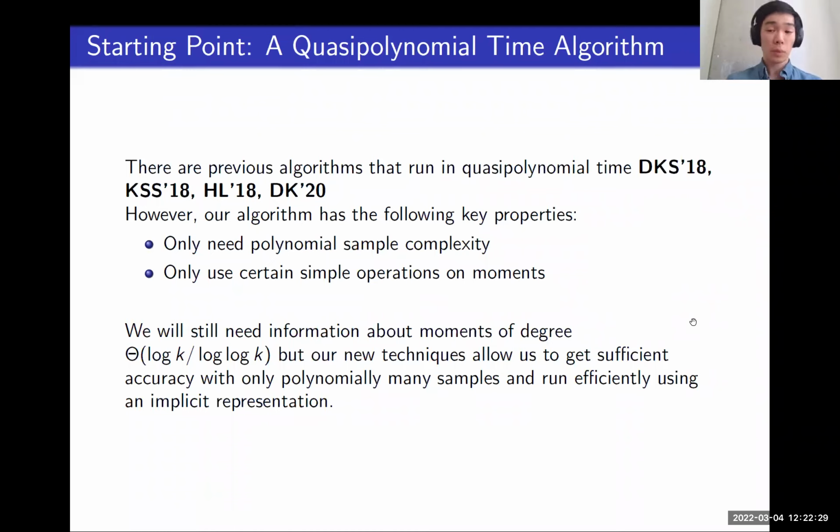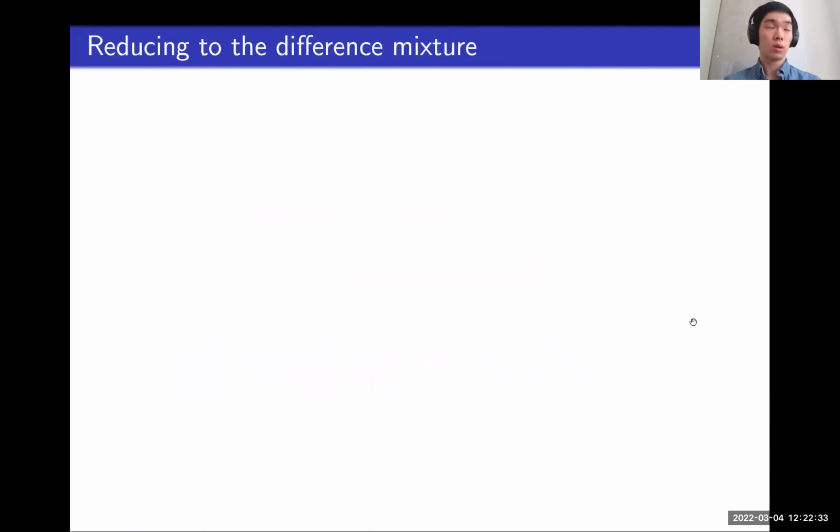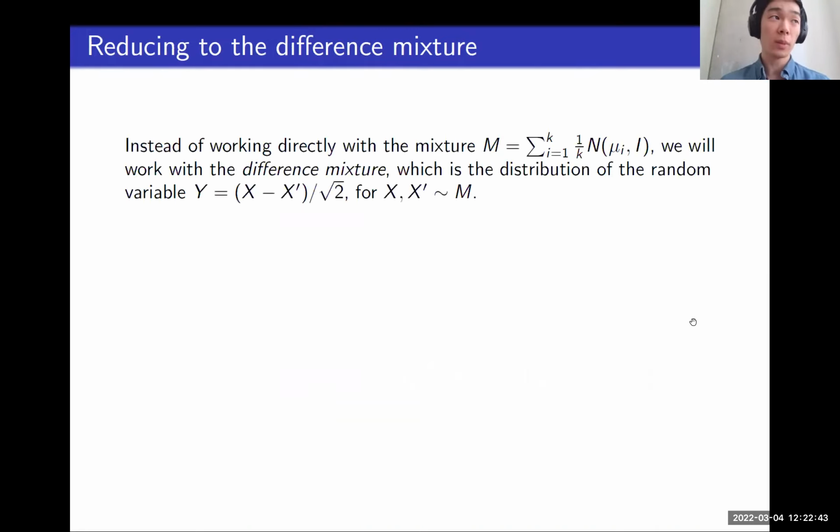Okay, cool. Now I'll move into the more technical parts of the talk. First, we'll start with some simple reductions to simplify the problem. Instead of working directly with the mixture that we're given, we can take pairs of samples and just subtract them, right? This lets us simulate samples from the difference mixture Y,